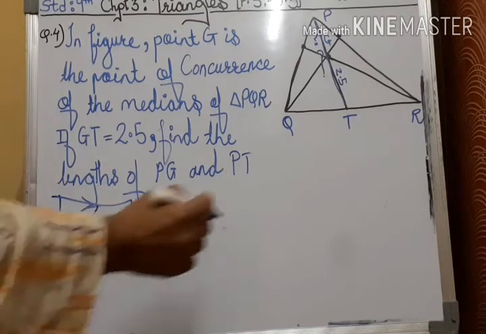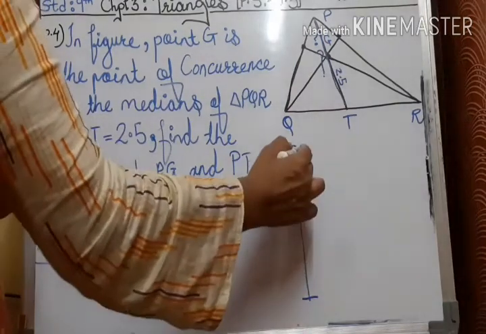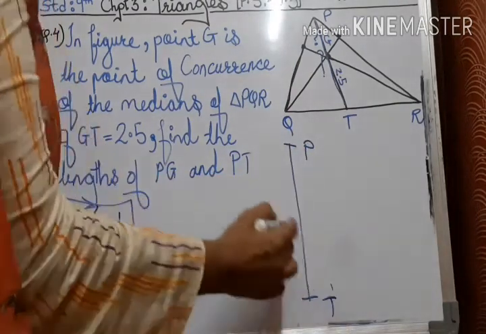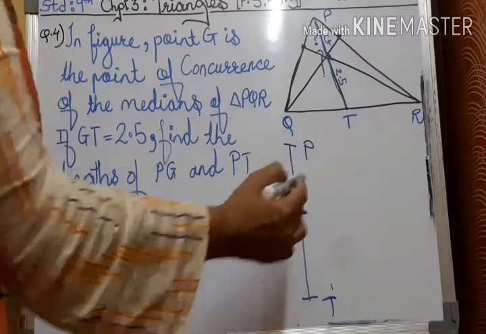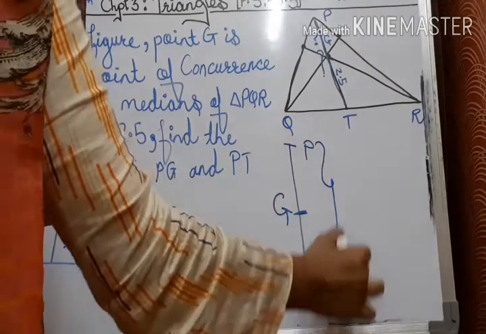For example, we have this median, we will take PT. G is here. Suppose the length of PT is 9